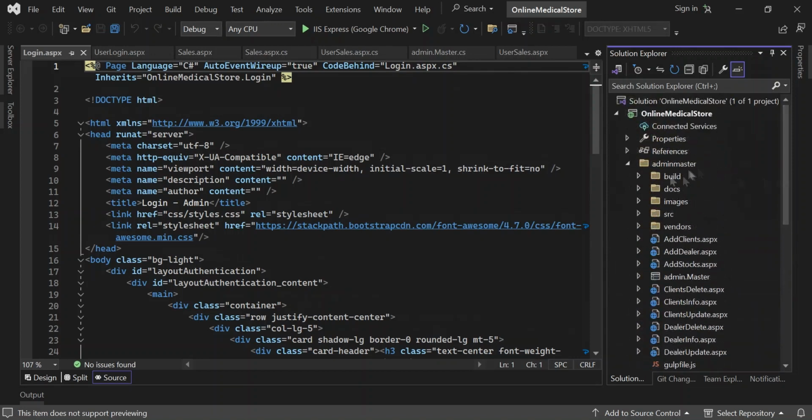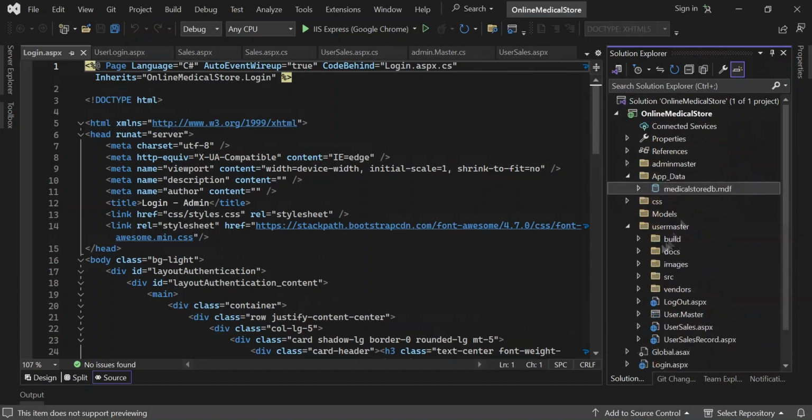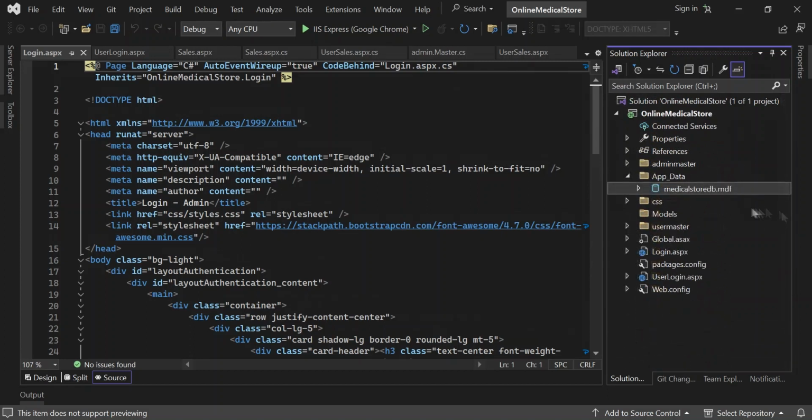Okay, so for us to be able to run this project, I'm going to show you two ways. The first one is for you to click on where my mouse pointer is, where the play button is. Click there, and then the second method is for you to